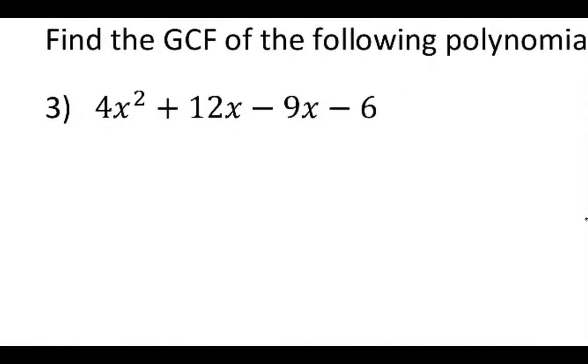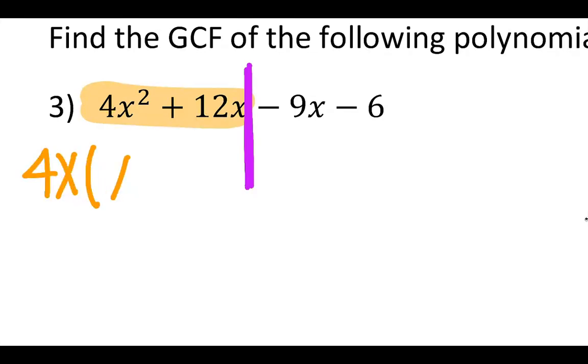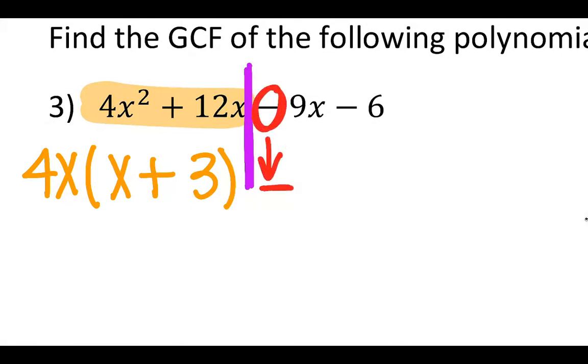So if we look at this one, again, there's nothing I can take out of all of these things. I can't take out an x, I can't take out a 4, I can't take out a 2, I can't take out a 3 out of everything. So we're stuck with grouping. Again, I'm going to break it right down the middle. This is my first binomial. I can take out a 4x, so I'm left with x plus 3 over here. Again, I'm just going to keep this sign that was in the middle and bring it down, so it's a subtraction sign. Then I'm going to deal with my second one,